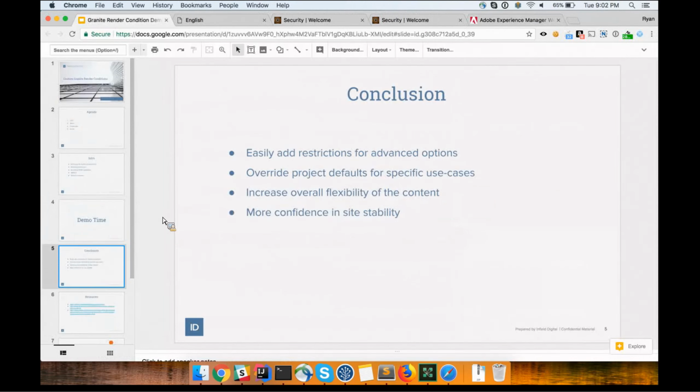So with that, the conclusions essentially we can draw from that is to extend this. This is relatively easy. You can easily add restrictions for your more advanced options or for your more specific options, like analytics that I mentioned. It really gives you flexibility in your content management while also increasing the governance around it to avoid breaking things,